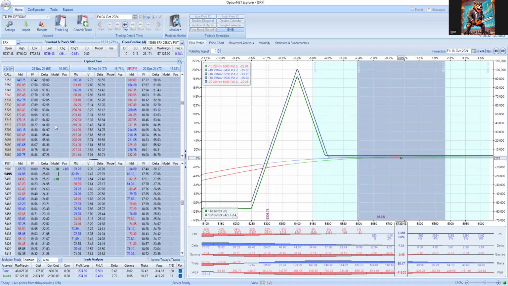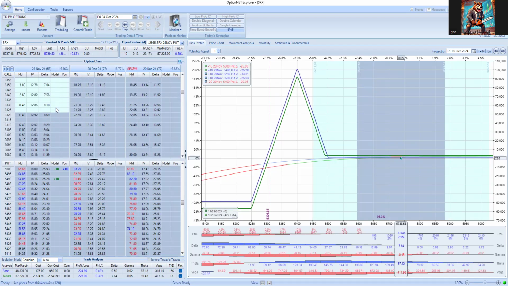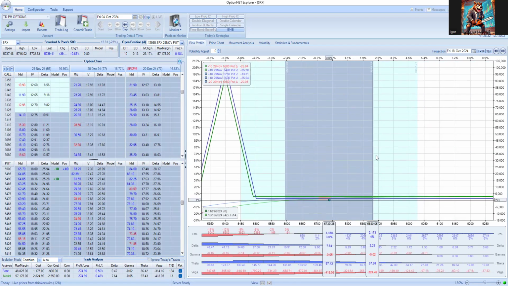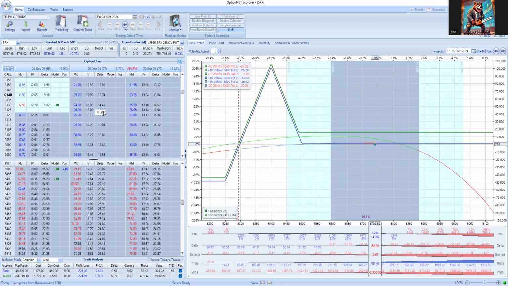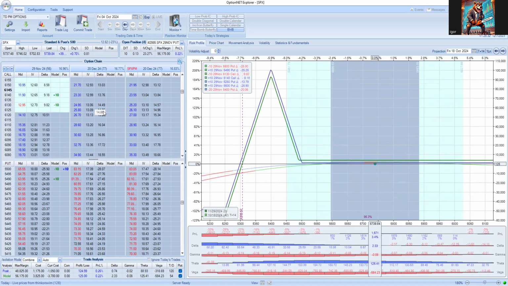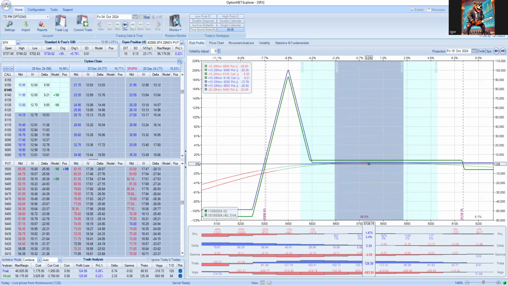We collected a credit. Since the market is overbought, maybe we'll take a little bit more risk. Now we don't have any risk to the upside. But if the market is telling us that we are overbought, maybe we sell a small call credit spread. That's going to bring in additional credit without additional margin. But now we collected two credits, one from the put credit spread, one from the call credit spread. We don't have to put up additional margin on the upside, but we did introduce upside